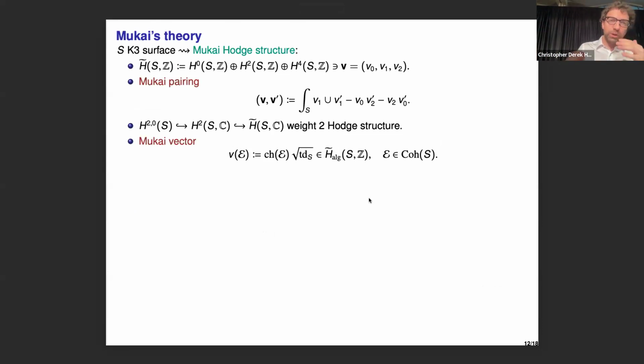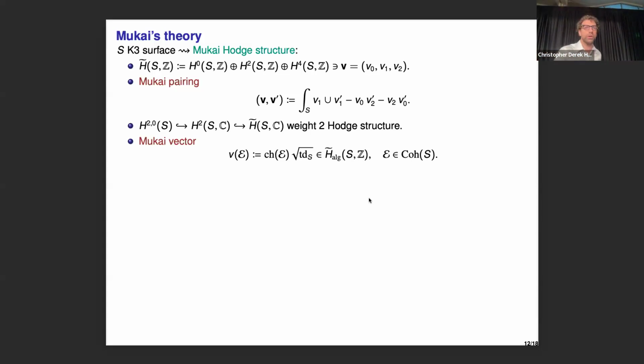And so how do I look at the sheaf theory? Well, I take the H2. As we know by global Torelli, H2 controls all the geometry of the K3 surface. To see moduli spaces, I just look at the whole cohomology. Actually, this is the wrong way to think about this. The way to think about this is to introduce the Mukai pairing, which is a version of Poincaré duality, actually. And then the part in H0 and H4 is a copy of a hyperbolic lattice. And so the right way to think about it: I'm taking the H2 and adding a copy of the hyperbolic lattice. So this is fundamental. Keep in mind, we're going to get something about this in a few seconds.